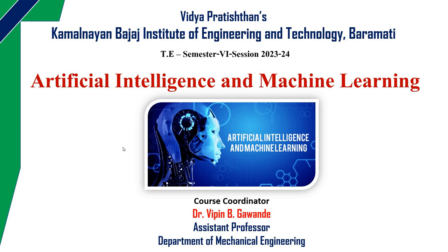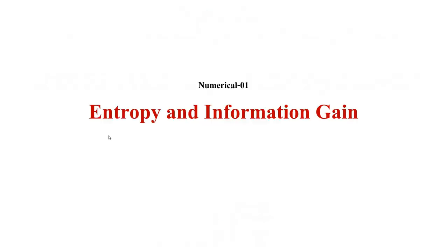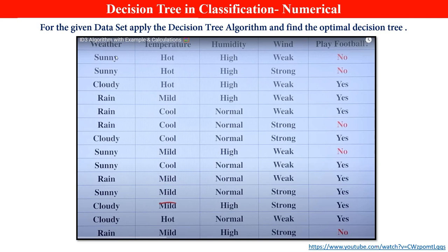So hello students, in today's video lecture I'm discussing the three types of problems that we are expecting in the INSEP examination from unit number 2. The first problem will be on entropy and information gain. The problem will be for 7 to 8 marks, and we are expecting at least 4 features in the examination